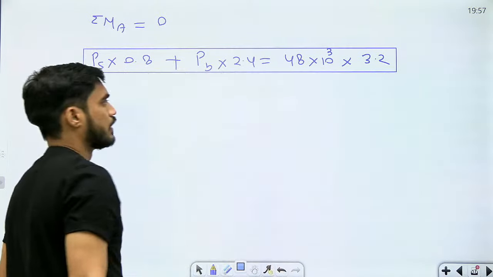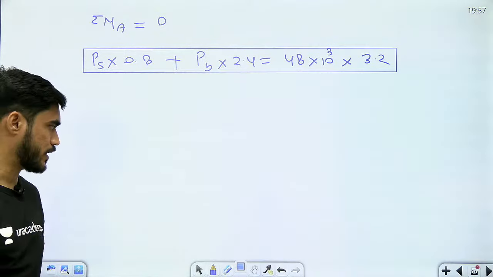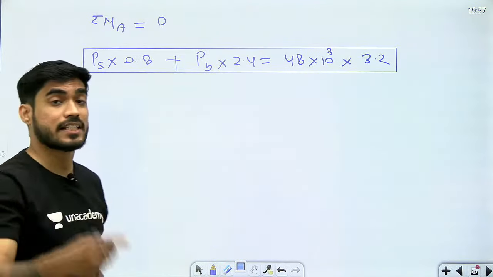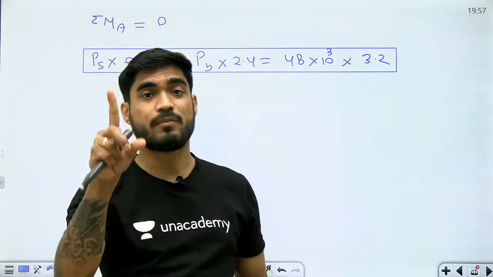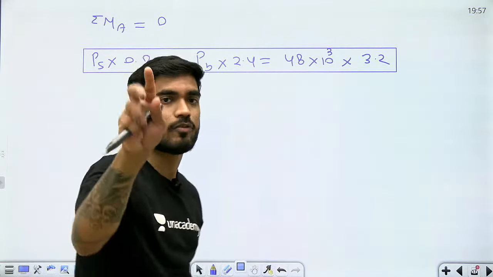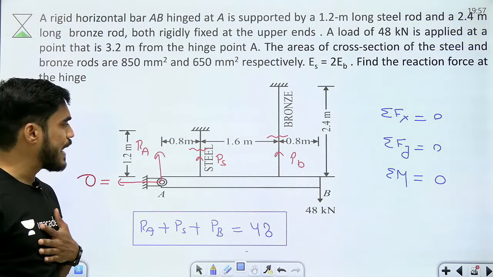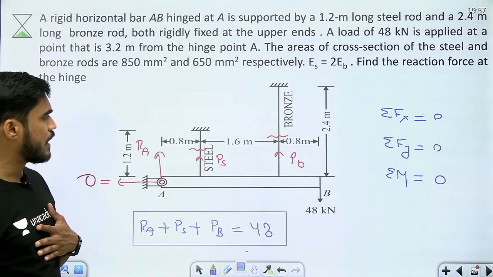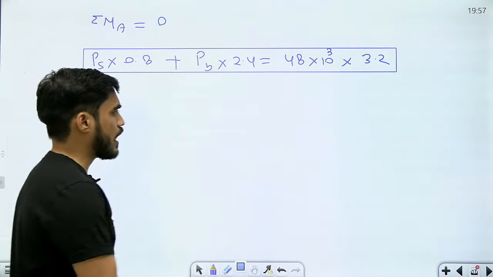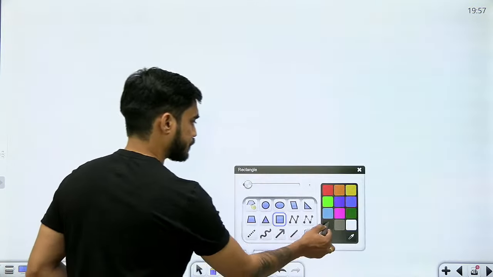Now I need a fourth equation. एक equation से ये 0 हो गया, then this, then this. Now I need another equation, and that another equation will be the compatibility equation. Now what will be the compatibility equation? In order to understand the compatibility equation, we need to understand how this is going to deform. So beta, what I want you to do is look at this.